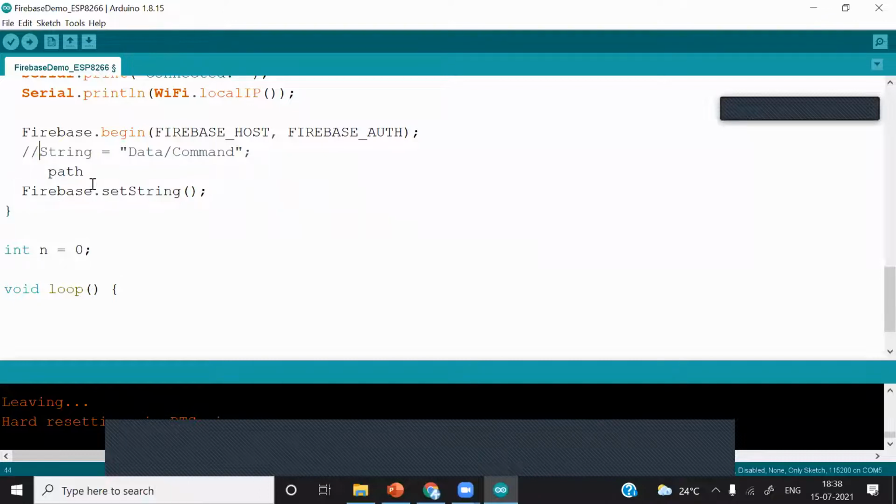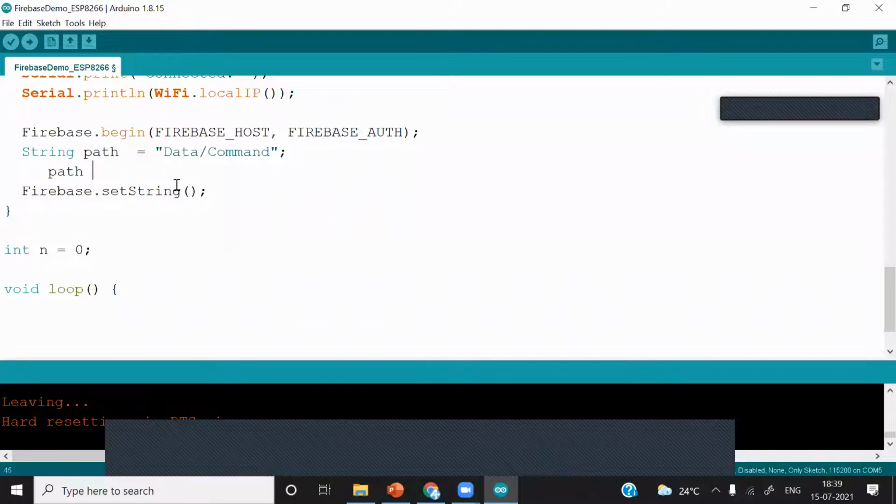Sorry, extremely sorry. I forgot to add the variable name here. You always have to add the variable name here, so I will put path. So this string will be assigned to this string variable, which is path.